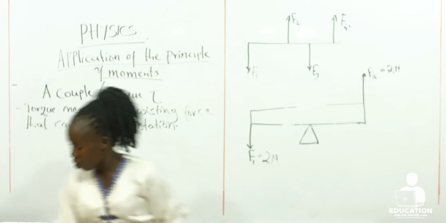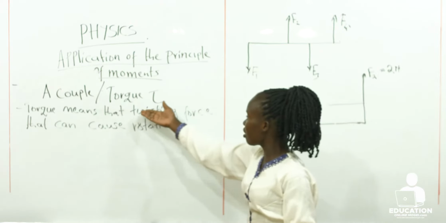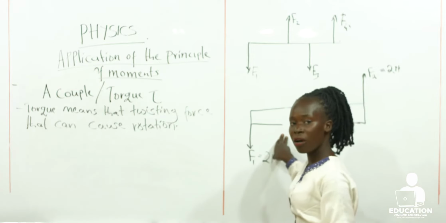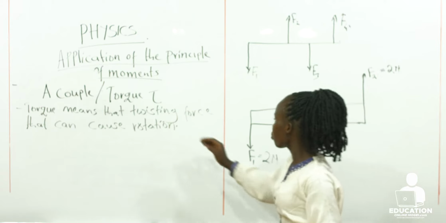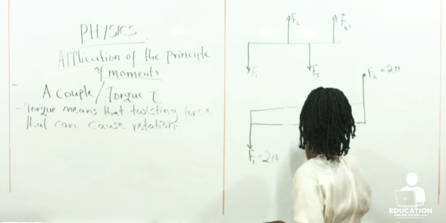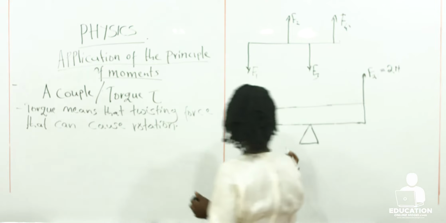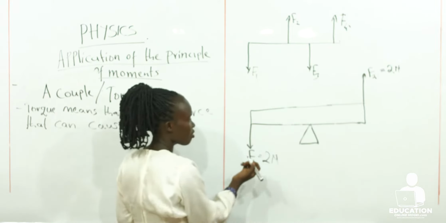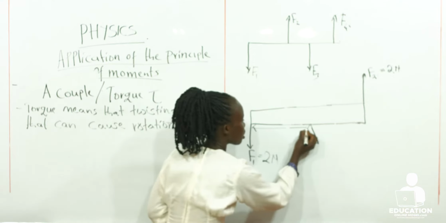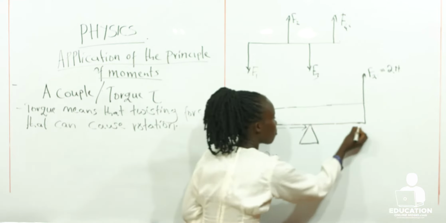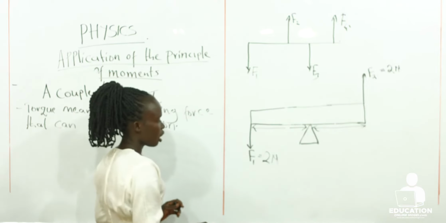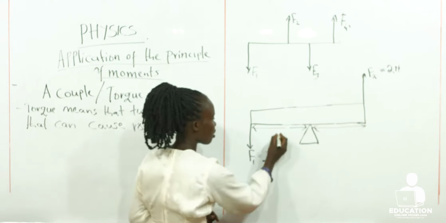So if it is rotating, it is because we have applied a twisting force on the meter rule. So for you to get this torque, you need a distance also. There is a distance between the pivot and the point of application of this force. If we take this as our distance x,